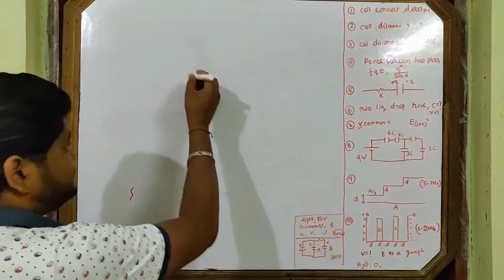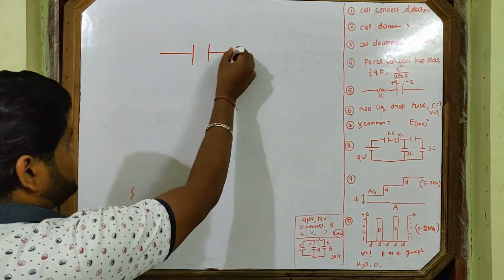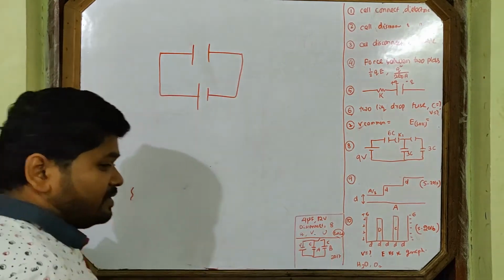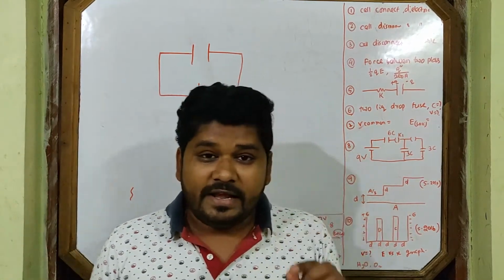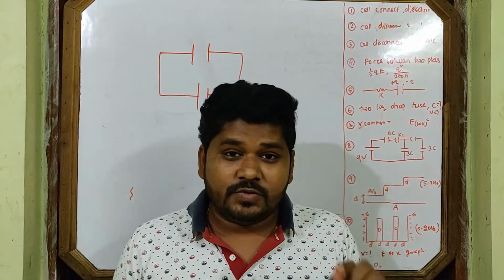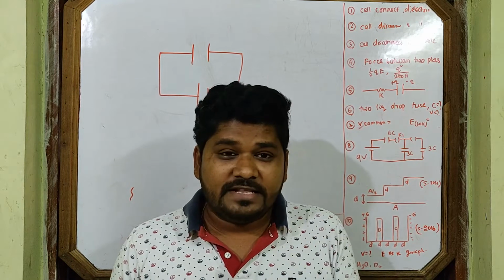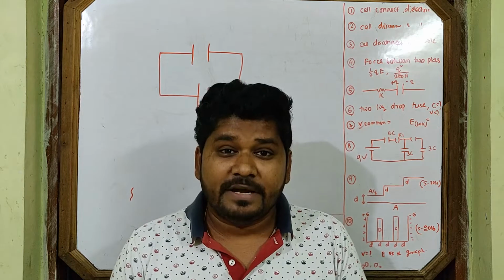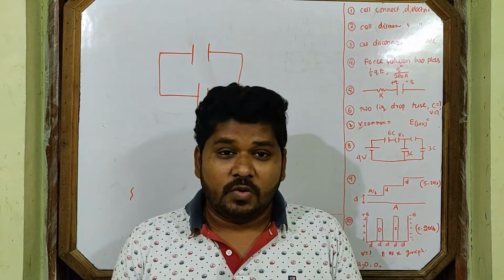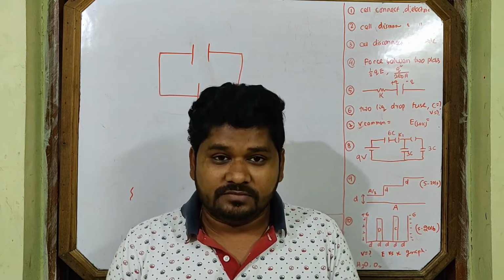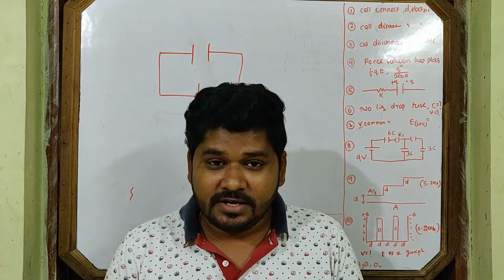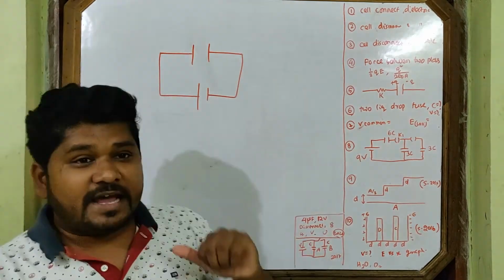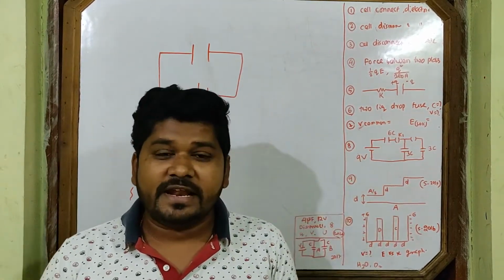When a capacitor, this is a capacitor, is connected to a cell, this is the cell, okay? When a capacitor is connected to a cell, potential difference between two plates of the capacitor remains constant. Whatever change you can do, the question is coming to your mind, what change we can do here? You can insert dielectric. Suppose it's an air capacitor.